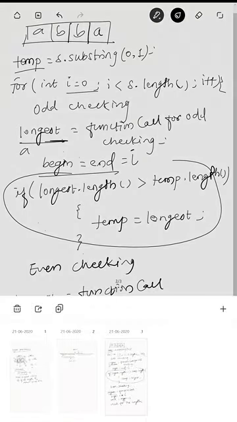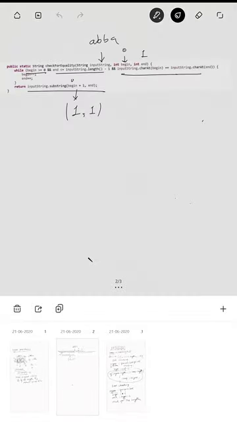Now, the value of i will be increased, and now i will be 1. We are calling odd initially, so end value will again be 1.